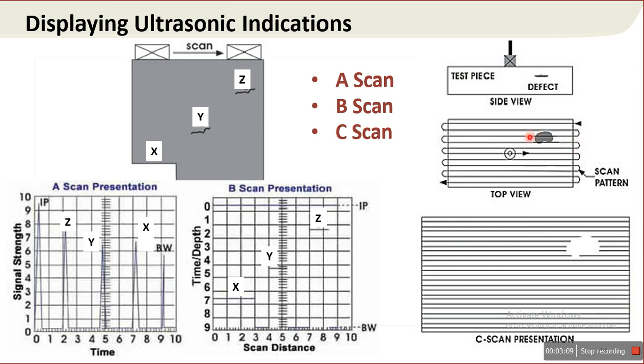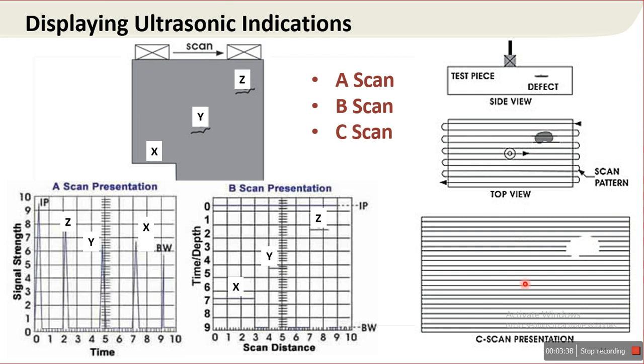As the probe is on a discontinuity, we get a different representation on the screen. So this C-scan representation is possible for an automated two-dimensional scanning system that provides a plane type view of the location and size of test specimen features.